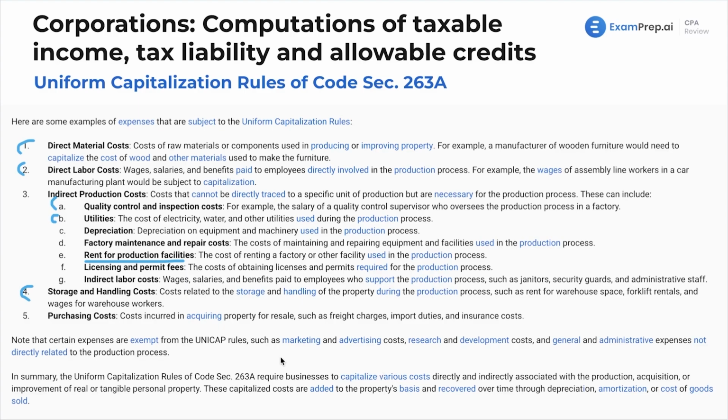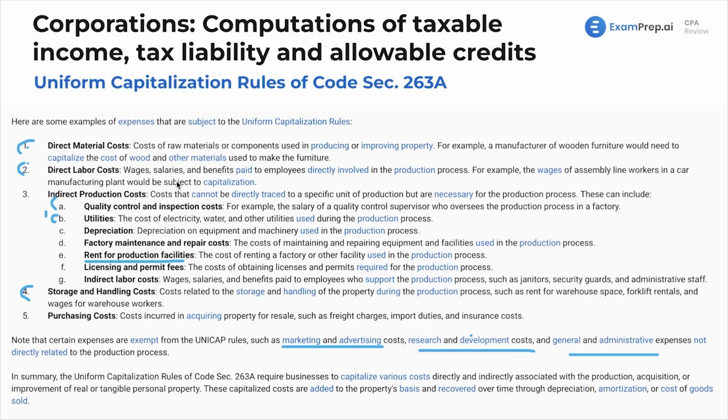Another common question is you'll see this as answer choice 1, this as 2, this as 3, and then you'll see one of these as 4, and then obviously one of these would be the right answer. Now, if it says which of these would not be subject to the Uniform Capitalization Rules, you might see 1, 2, 3, and then let's say 4, and then this would be the right answer. So remember to understand what the question's actually asking. If it's asking for something that's subject to the rules, it would be one of these. Something not subject to the rules, it'd be one of these. And this makes sense. It's something that applies to the manufacturing of our physical goods, our inventory, whatever it may be.